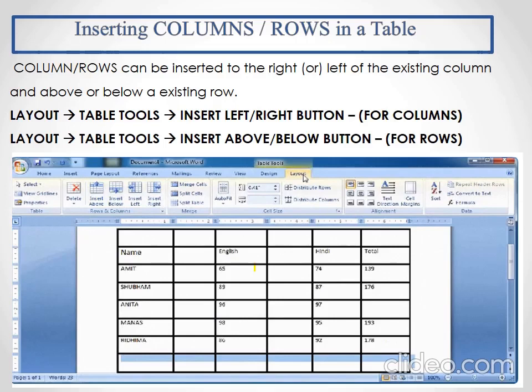After selecting a column, we need to right click it. Once you have right clicked it, you have to go to insert. There's an option here in layout. If you click on layout, there are options: insert above, insert below, insert left and insert right. For inserting a column, you will have the option of either inserting left or right. Now, if you see, I have selected English and added a column to the left side of this English column,